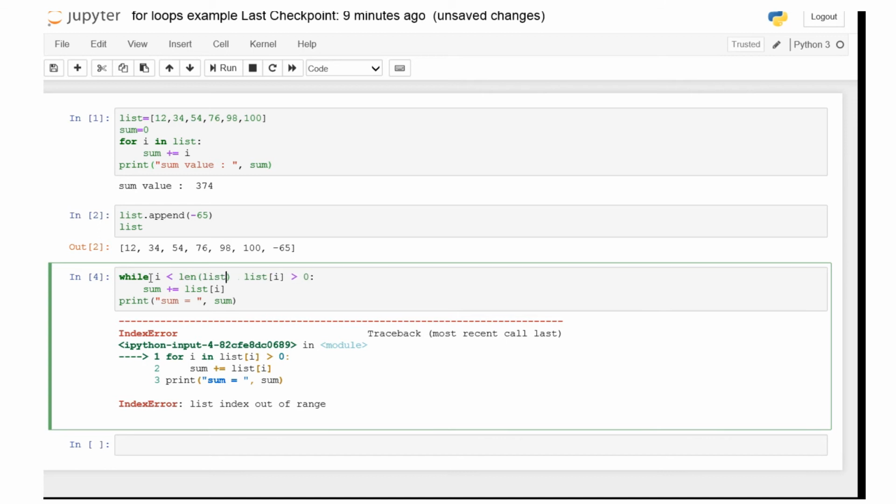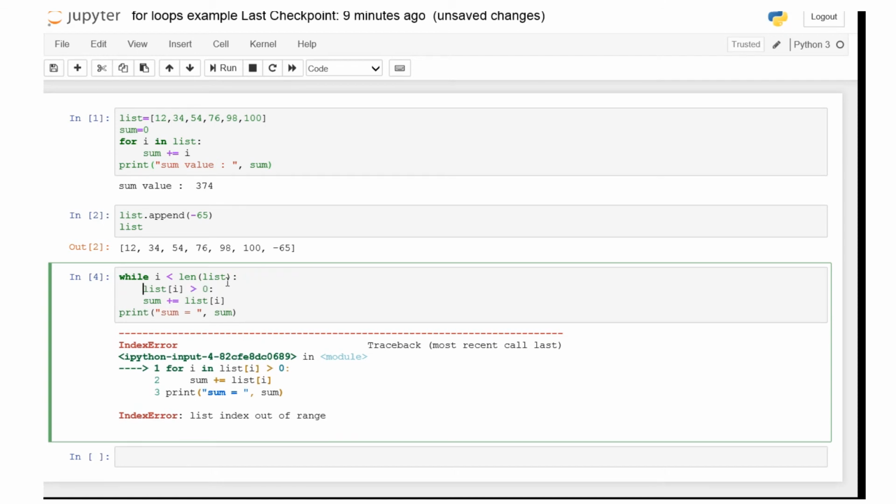It will give you the length of the given list. So as long as the value of I is less than the length of the given list, then we will check the value.